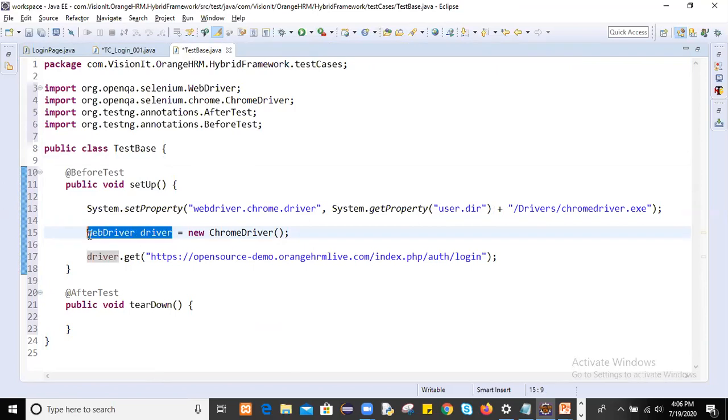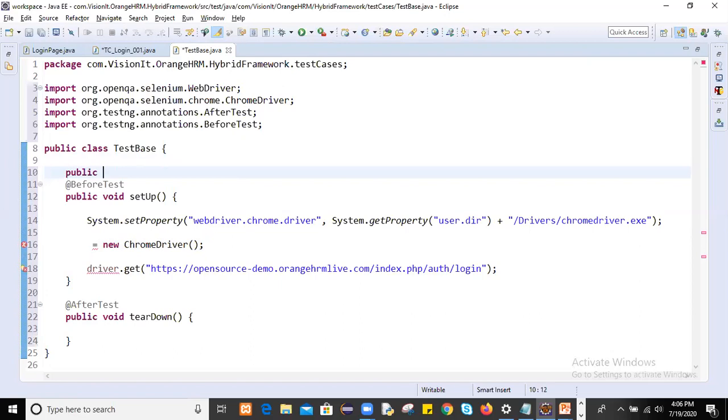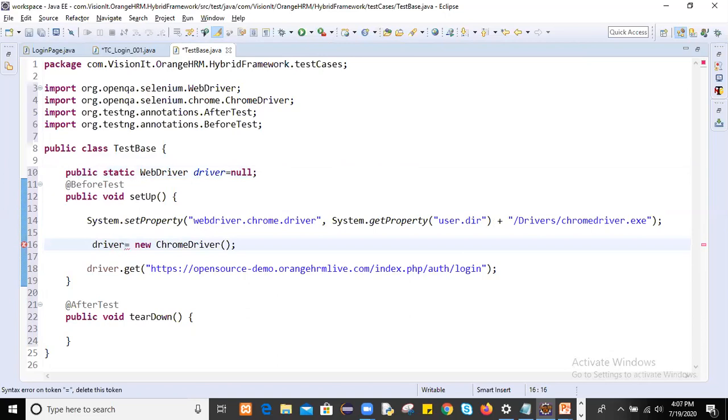Okay guys, so just Control X, I will make it public as well as static, and make it null. So if it is null the first time, the moment you create the object, this will get initialized.